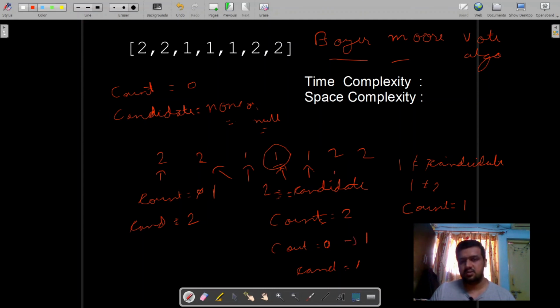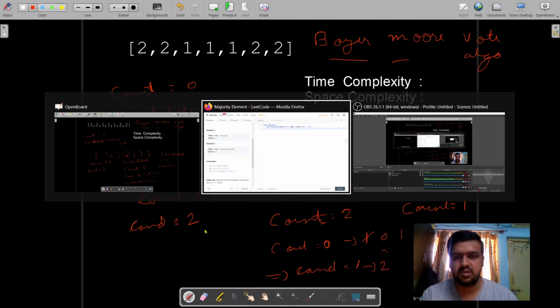When I reach this item, the count will again turn to 0, and the candidate will be 1 for now. When we reach the final element, I get the count equals to 0, so I will turn my candidate from 1 to 2, and the count will be incremented to 1. After processing all the elements, we just have to check the value of this candidate. Whatever the value of the candidate is at the end of the iterations, it is the majority element. Okay, so let's try to code this and see if our logic works or not.